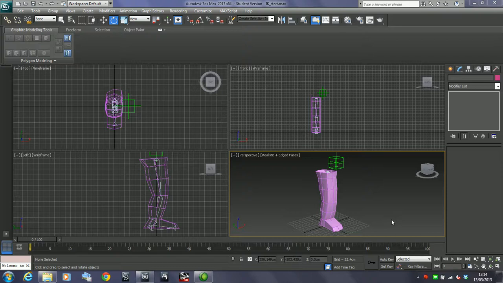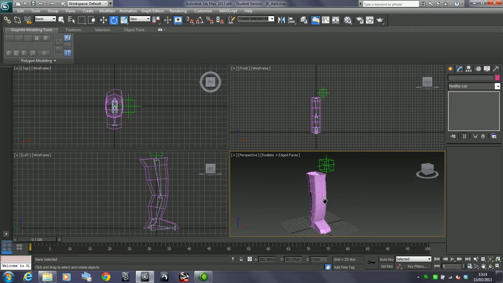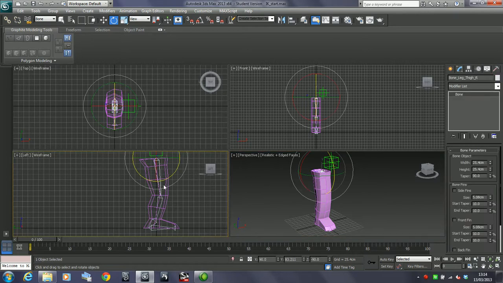Okay, in this session what we're going to look at is creating a simple IK chain. IK, inverse kinematics, is a way of moving an object based on the end of the chain of the object. So for example, what I've got here is just a simple bone structure, just inside a leg, which is a common use for IK. And to get this leg into any position, what we currently need to do with FK